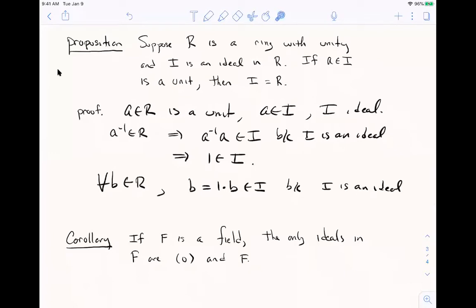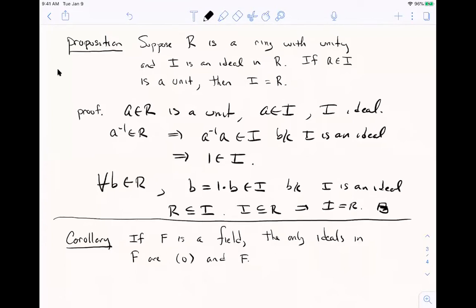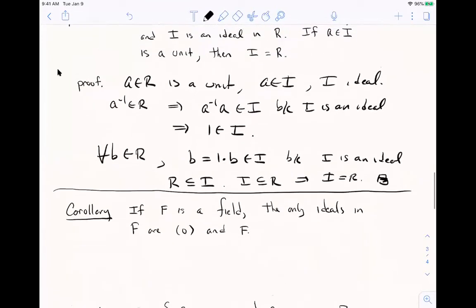You guys following me? The element 1 is in I, so 1 times something is in I. Well, that means that every element in the ring is in I. I mean, certainly I is a subset of the ring, and so that's the conclusion of the proof. If an ideal has a unit in it, it's everything. All right, sorry, I'm smashing this together a little bit. I'll try to make some more room next time, but as a corollary of that,